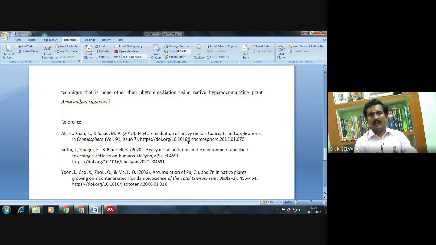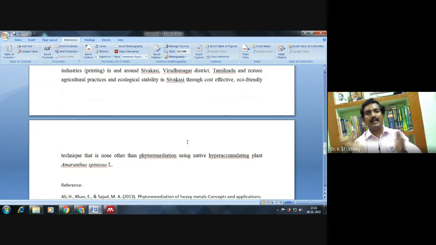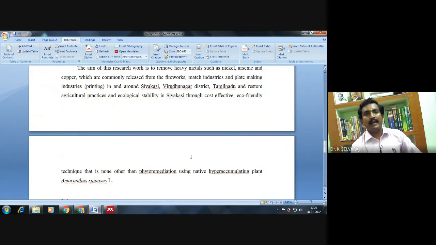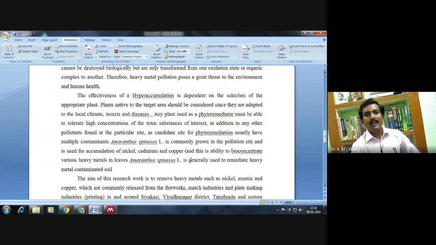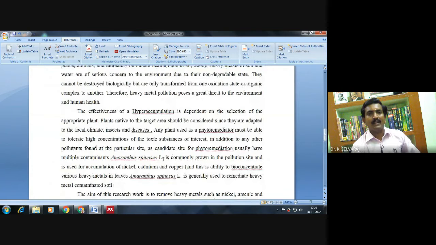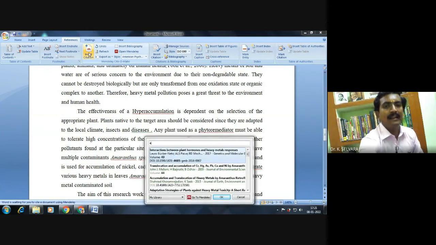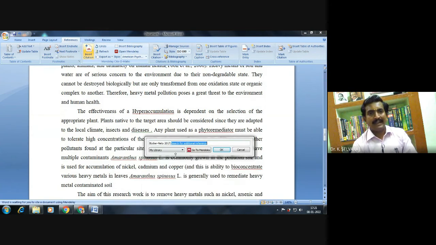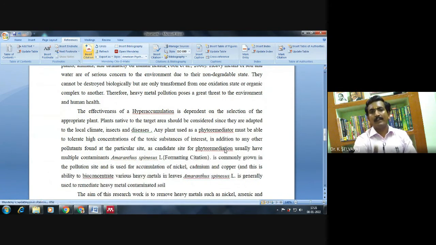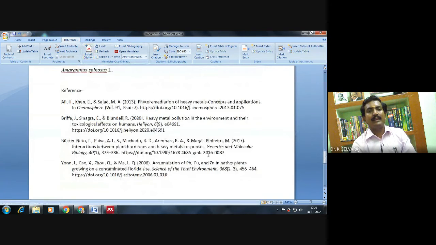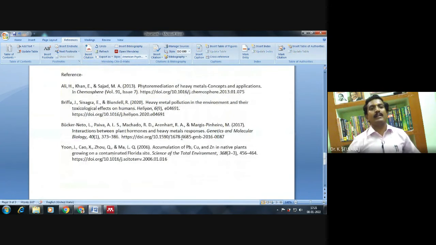So here I do nothing. I simply insert my references in Mendeley desktop. Then I add the Word plugin. In the Word plugin, I just click the cursor where I need a reference, then I click Insert Citation. I click the article name, just click my article, and my references are formatted here. And on the last page also, the bibliography is added. That's all. The bibliography is added in alphabetical order, as per the journal format. It is the easiest way. It's a very simple software.